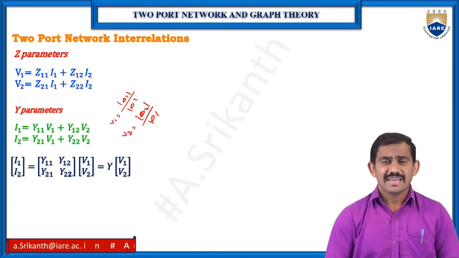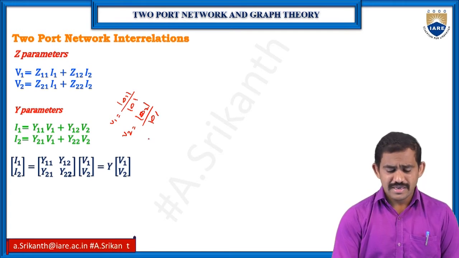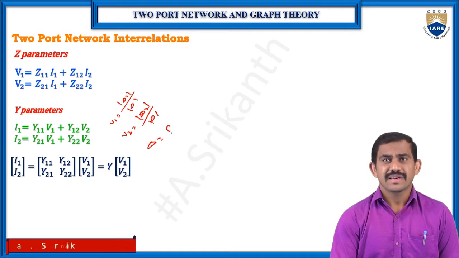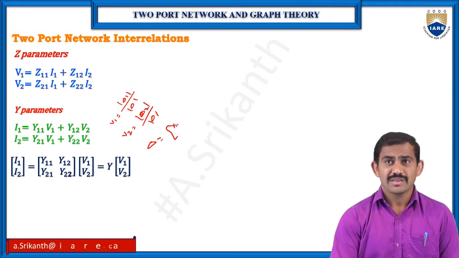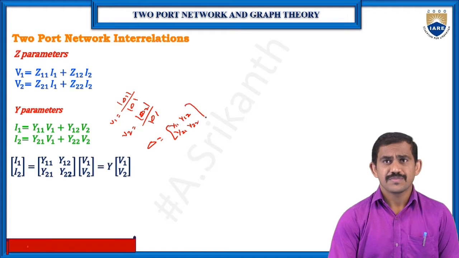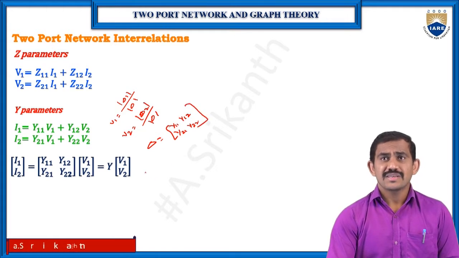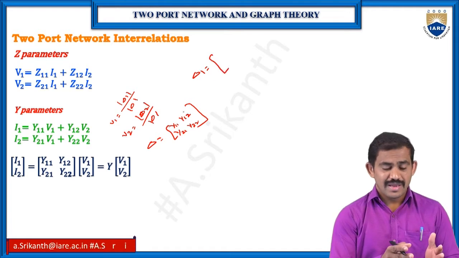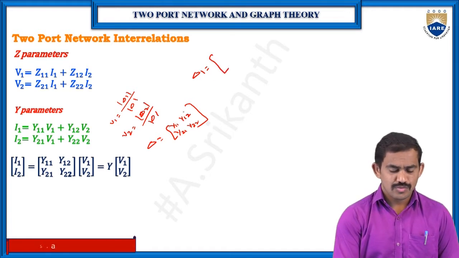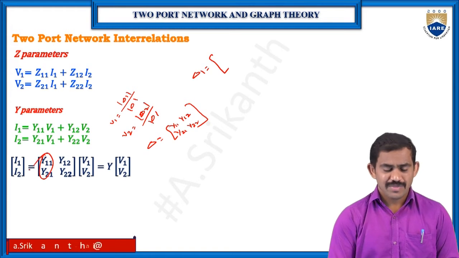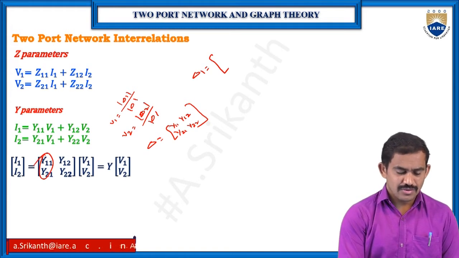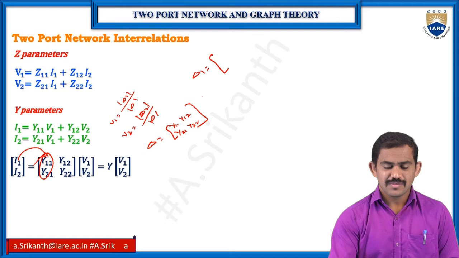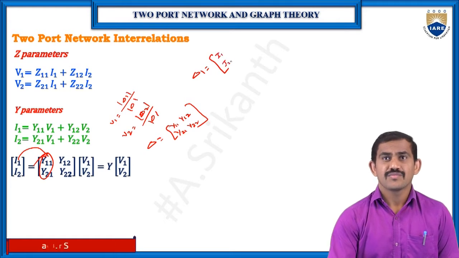So what is your del of delta and what is your del value? Here del is your main matrix. Which matrix do we have? y11, y12, y21, y22 values. And what is the delta 1 value? You need to remove the v1 values, so you need to remove the primary values and replace them with the equal to values, nothing but your i1, i2. And the remaining is as it is, y12 and y22.